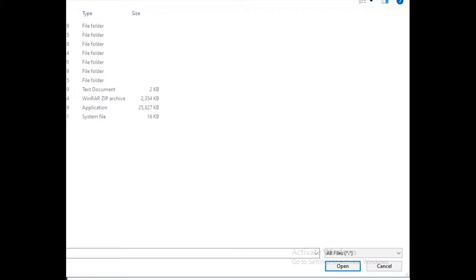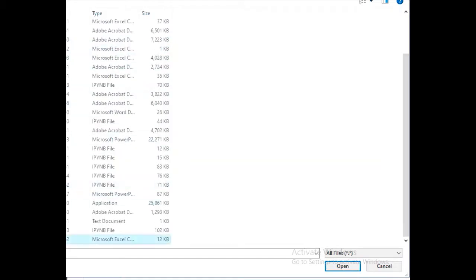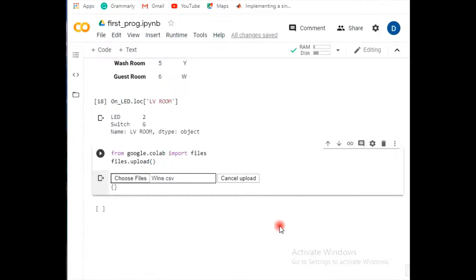I'm showing it for you. And creating a file, you can have any data set here. Suppose I have taken a wine.csv data set, and opening it. Now this wine.csv has been stored over here.